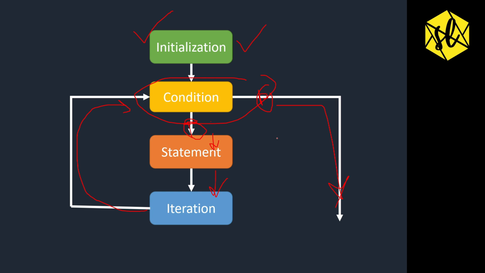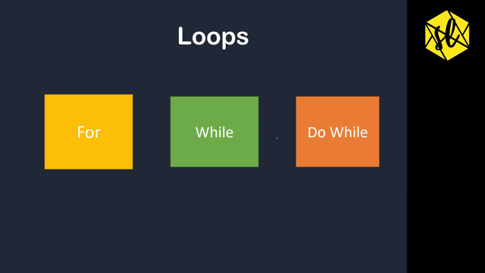Now let's move to the types of loop. There are basically three types of loop we use in the C programming language. First one being the for loop, then the while loop, and do while. In this video, we will understand the basic theory of the for loop. The other two will be discussed in separate videos. Now let's move to our for loop syntax.